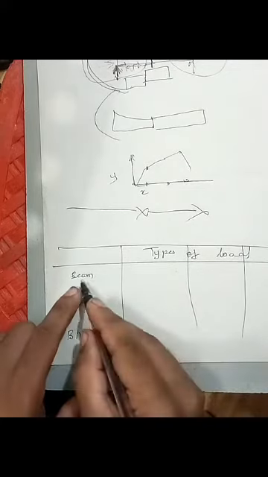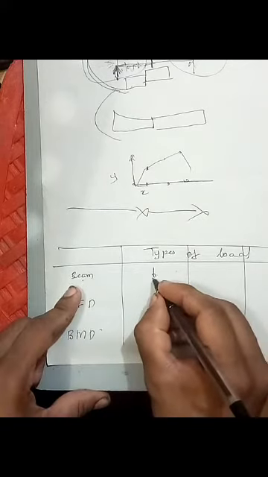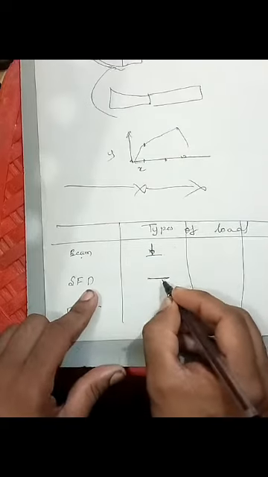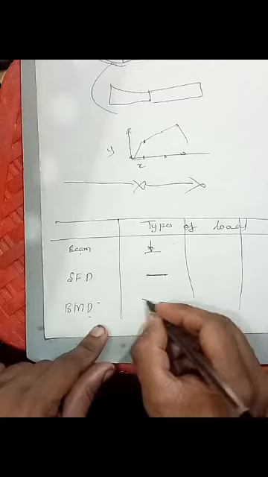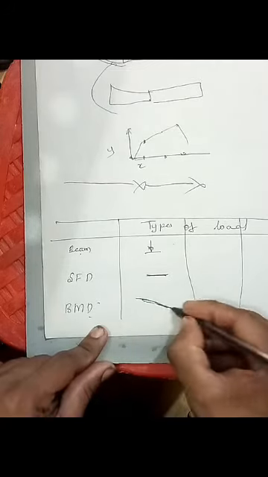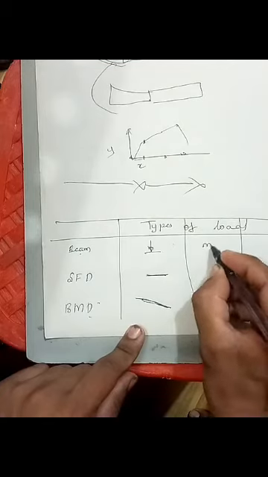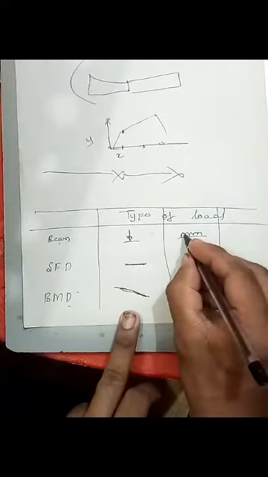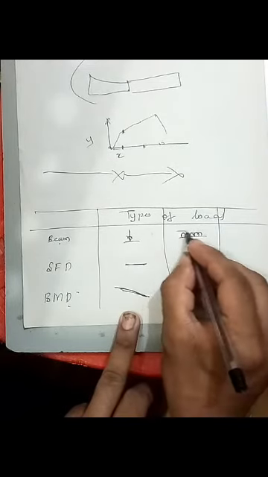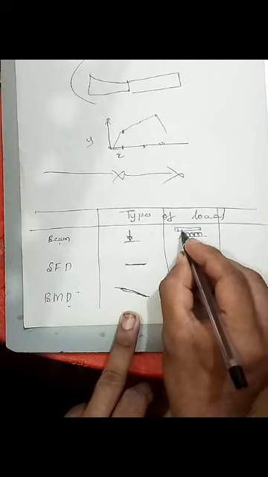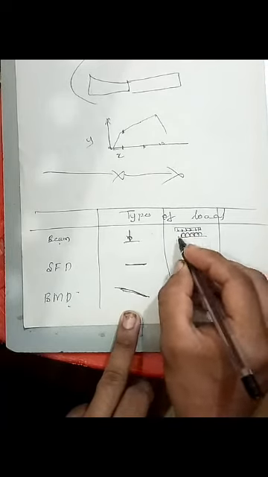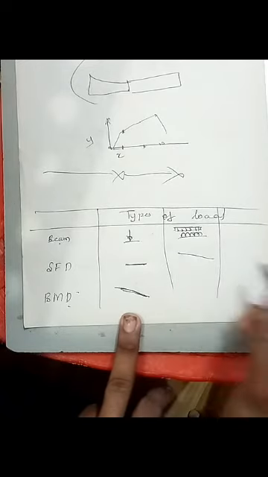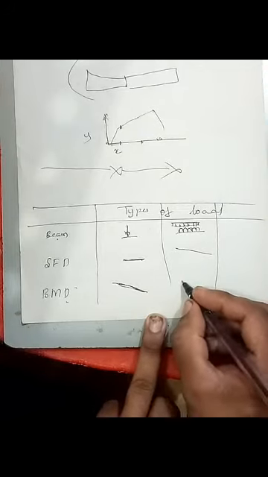On the beam, if the load is a point load, then the shear force diagram will come straight. The bending moment diagram will go straight inclined. If on the beam the load is UDL, UDL can also be expressed like this. You can see it's a straight line with the loads, all arrow marks downwards. Since this is a straight line, in SFD it will go straight inclined, and in BMD it will go parabolic.